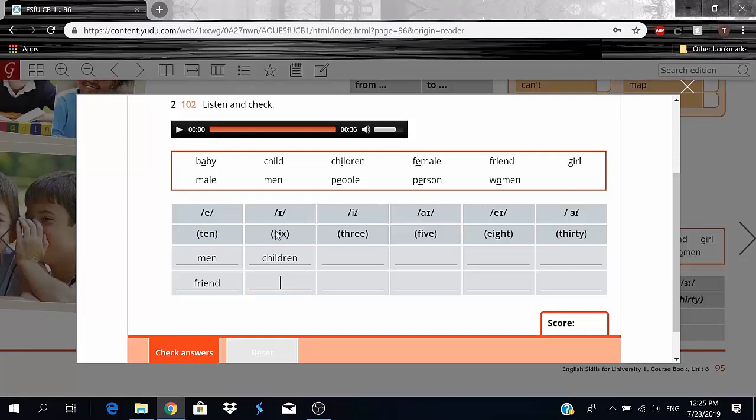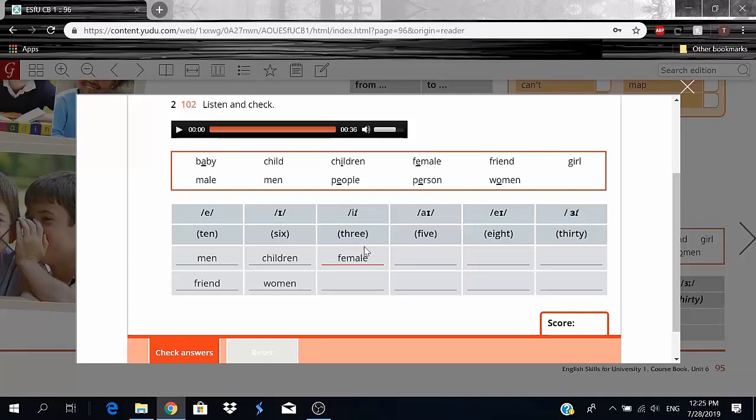So 6 children, okay? And then women, okay? 6 chilled, women, kind of that sound right there, okay? 6 children, women. And then we have 3